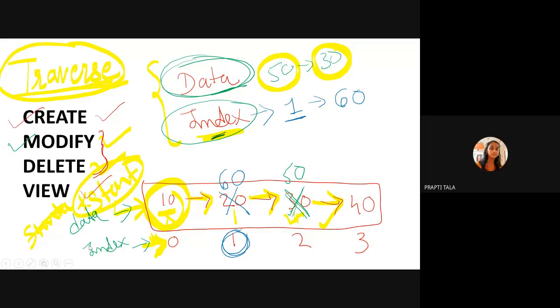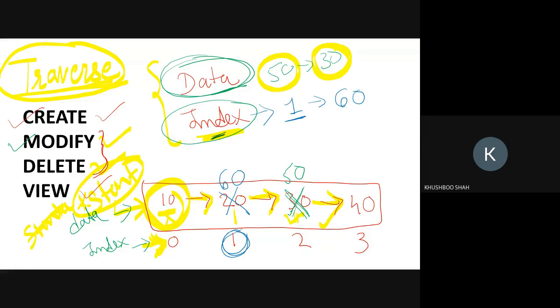Ma'am, can you explain the concept of start again? I think we have already discussed this: when you create the linked list, you need a start pointer which contains the address of the first node. So whenever you are asked to traverse the linked list, you always have to start with the start pointer.